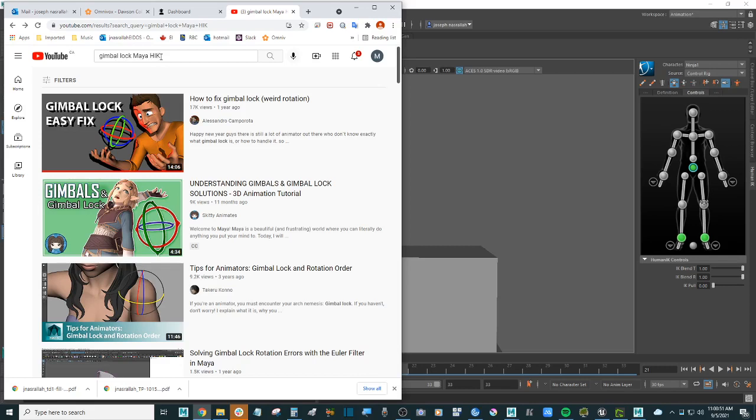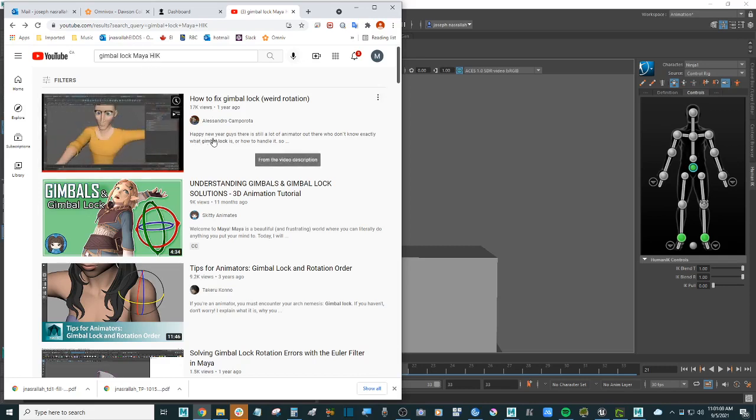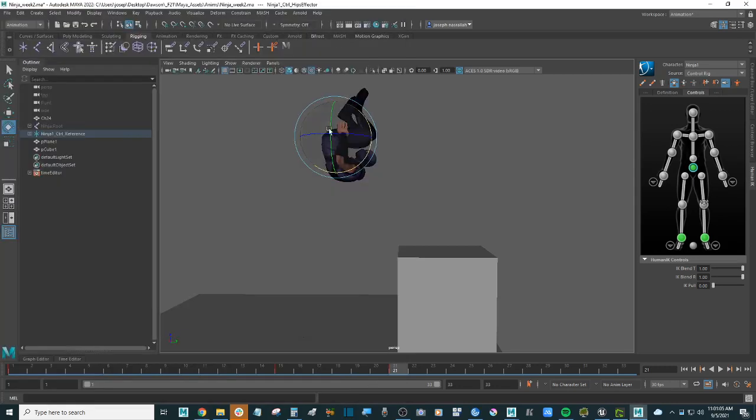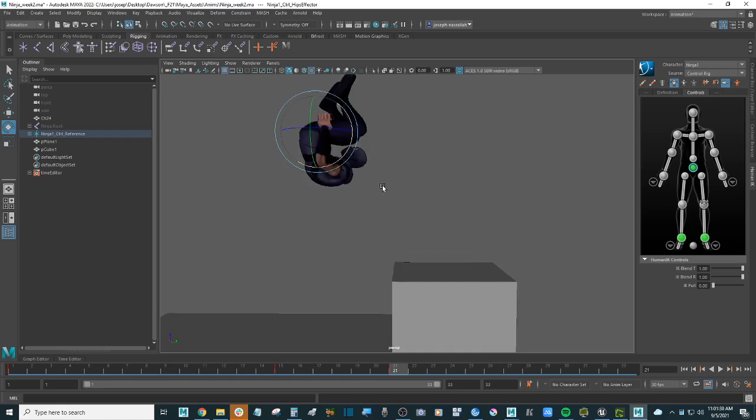You don't need to put HIK. HIK is the control rig that we're using, but it could happen with any rig, any custom rig or anything rotation wise. So the basics of it is there's rotation values that get messed up and it interpolates the wrong way. If you're curious to read up about it, I'm not going to go through it today, but the quickest way possible to fix these issues when you're doing a lot of rotations on your control rig and it's flipping the other side